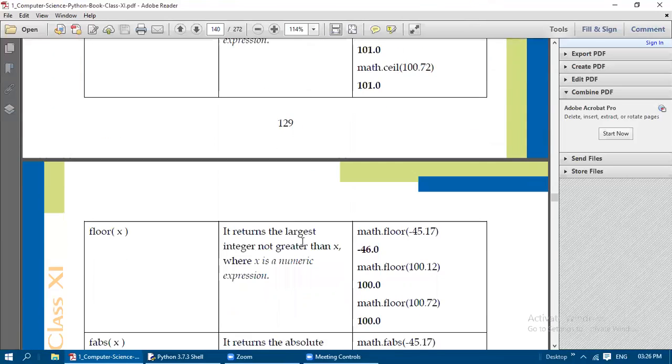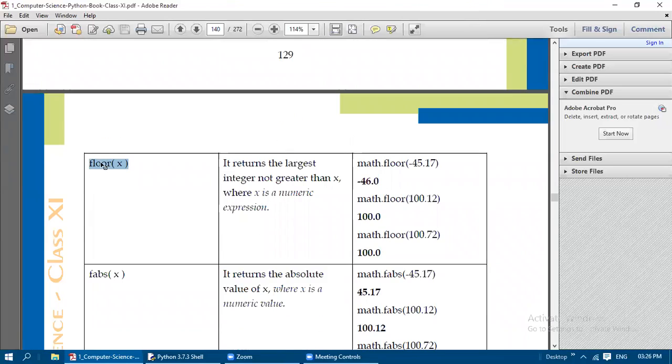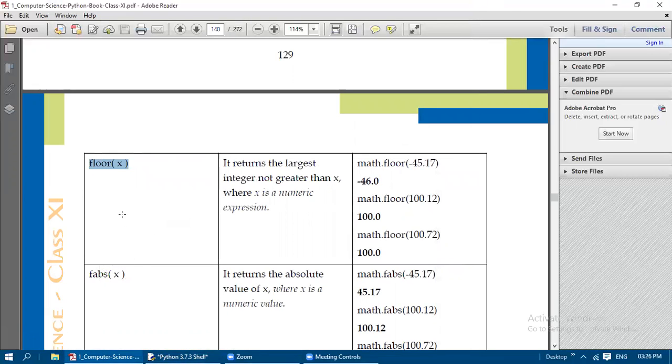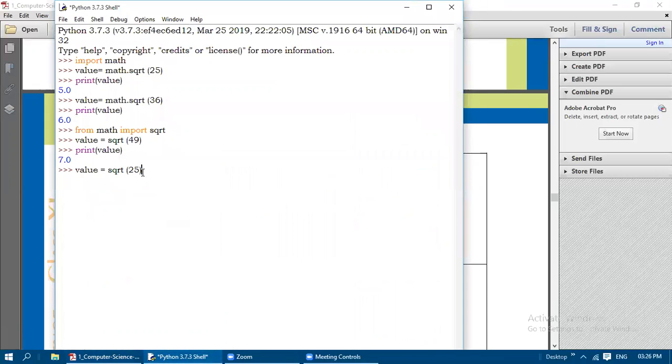Next function we will see is floor of x. You can try all of this in the interpreter. Already we imported the math module, so we give math.floor of 100.12, and enter.